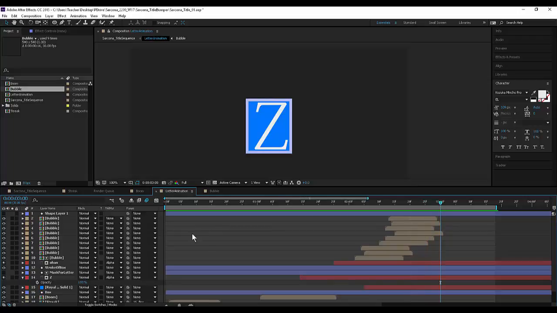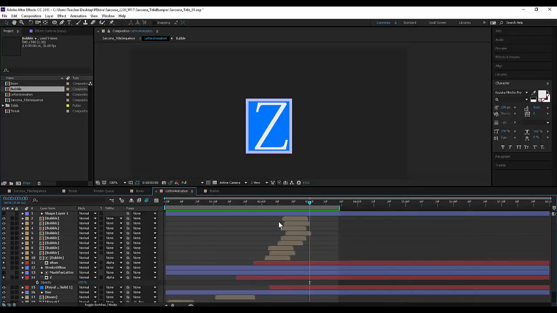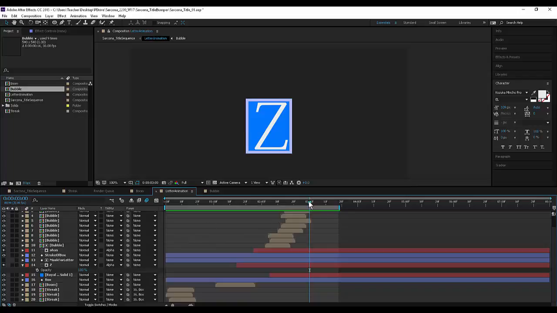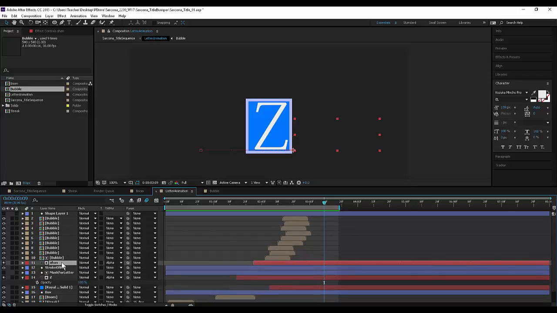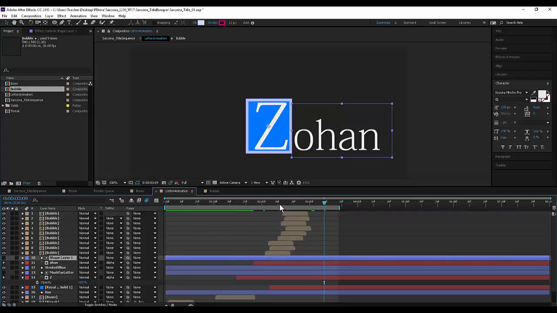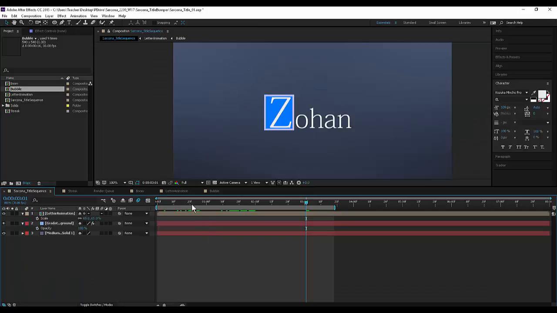All right, so now if we look, something happened to our Zohan. Oh, I put the bubble or the shape layer for this one. It needs to come back down. There we go. Okay, so I put my bubbles between the alpha matte and the Zohan layer, so that obviously can't happen. Cool. All right, so now if we look at our final sequence,